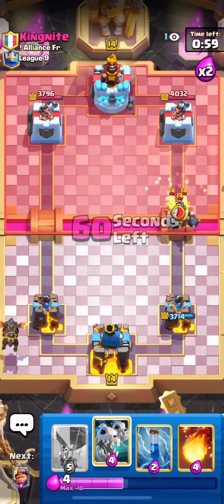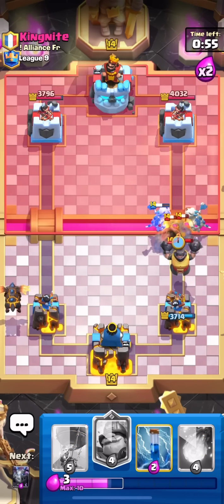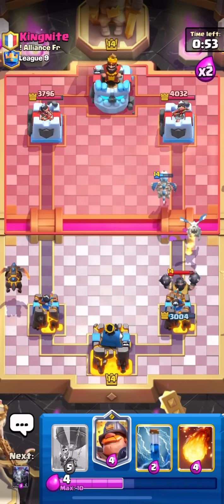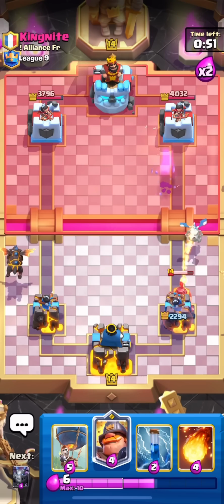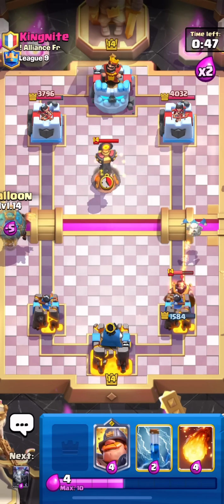Wow. We placed those at the same time. That's unfortunate. But the Mega Knight is a very sackable card. No, where's my drag going, bro? Why did he leave, bro? Okay, well, the one dragon's gonna hold down the fort, and the mega...